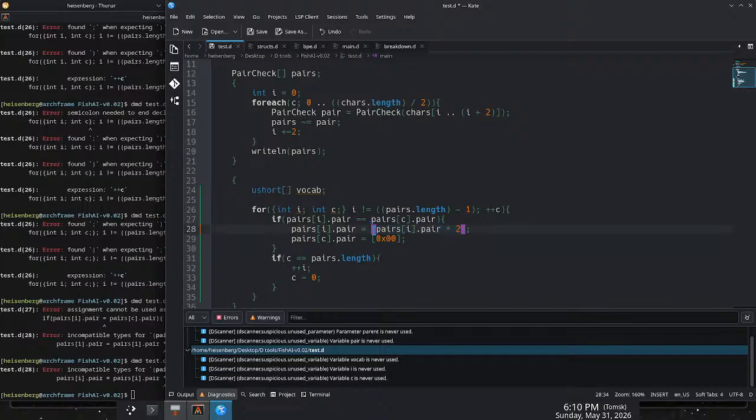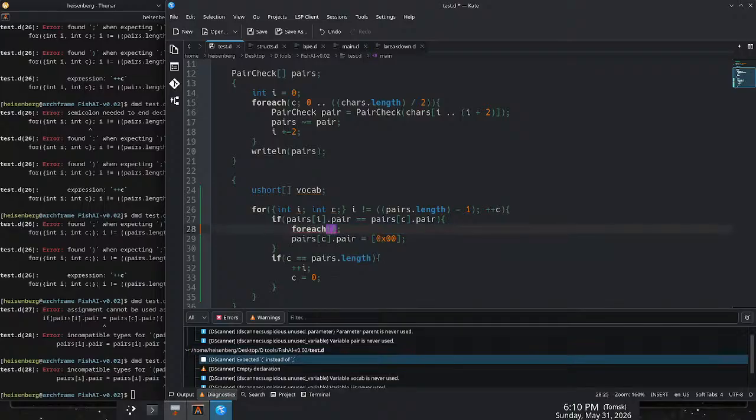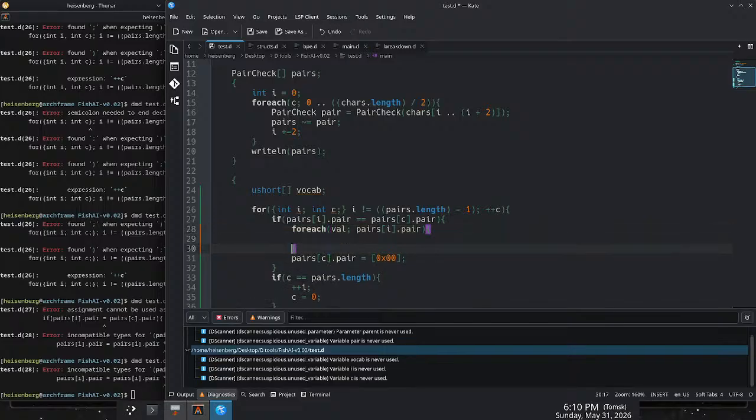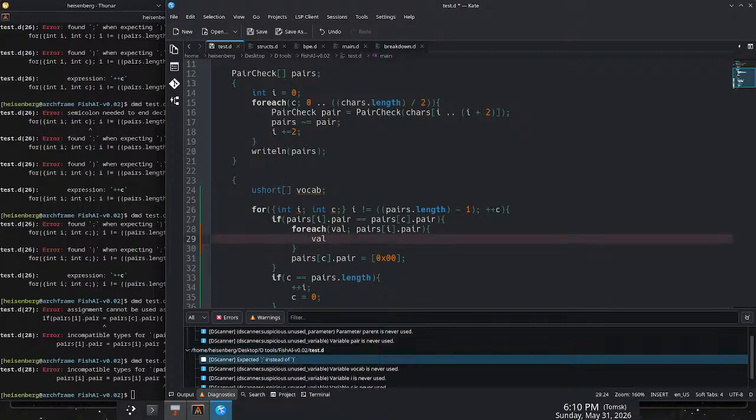And it's probably going to be an array. So that has to be done as a for each. And then you do that. So for each val of the pairs of I dot pair, then you do your maths. Val, append value times 2 to vocab